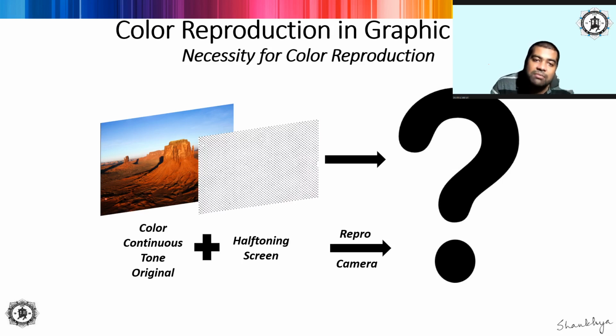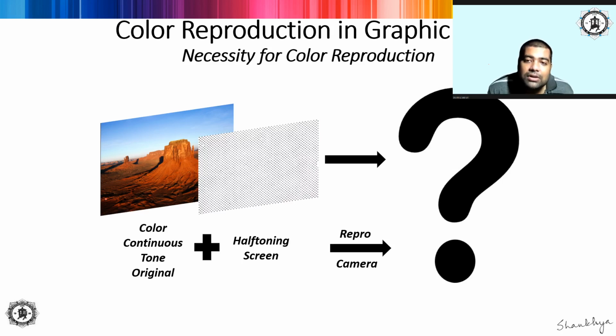We use a minimum of three subtractive inks so that the colors in the original photograph, or continuous tone photograph, can be reproduced. Nowadays we do not use continuous tone photographs as originals; it's all digital, but still these inks remain in use. Till today we use these inks as the fundamental colorants for any standard process printing operation.